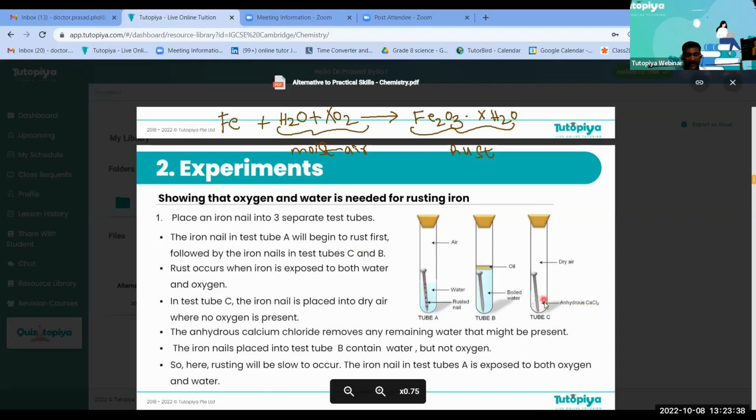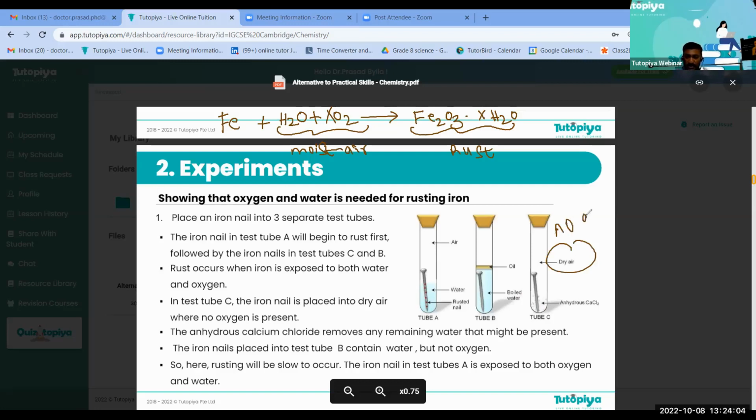I add about 5 to 10 grams in this. And it absorbs all the moisture. I'll close the 3 test tubes with a cork. Here, in this third test tube, if there is any trace of moisture, all that is absorbed by the anhydrous calcium chloride. So what I have here is only dry air,